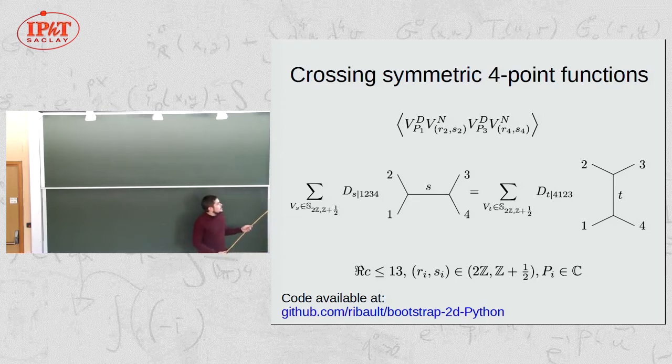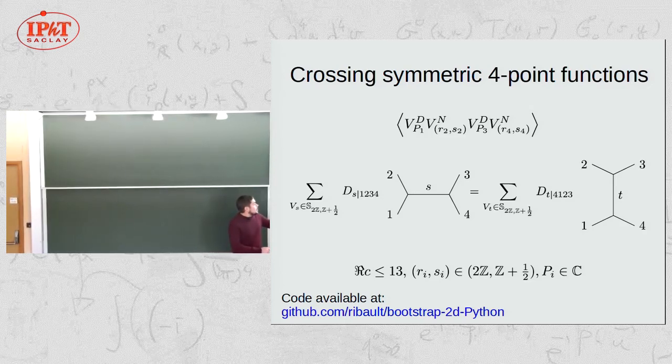Then the S and T channel expansion will both be over the spectrum S to Z plus 1/2. The 4-point structure constants will be determined by the equations I showed you before, and the conformal blocks of each channel are known. So we conjecture that this function should be crossing symmetric for any central charge in which the real part is less or equal than 13,